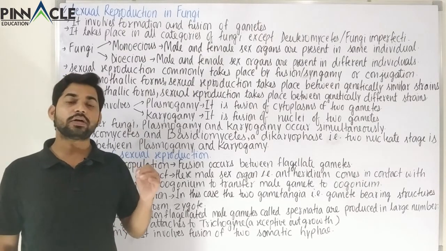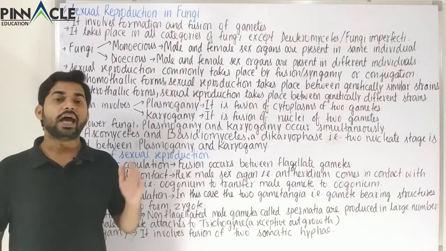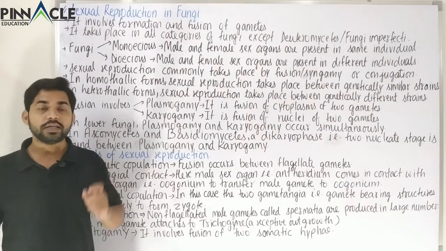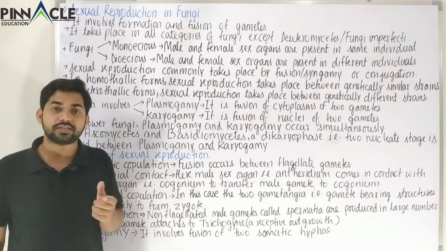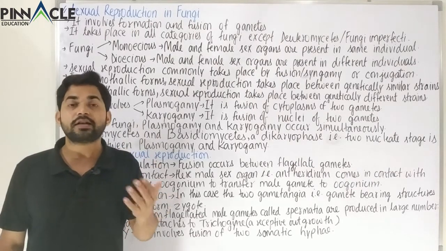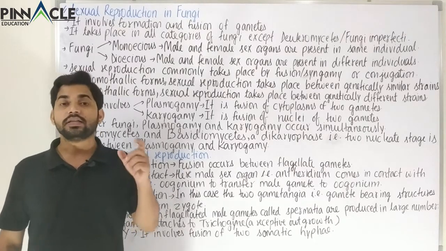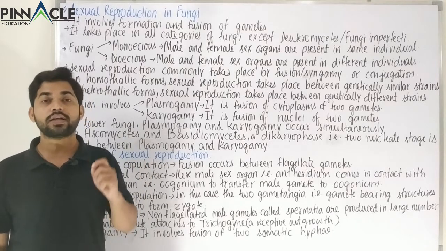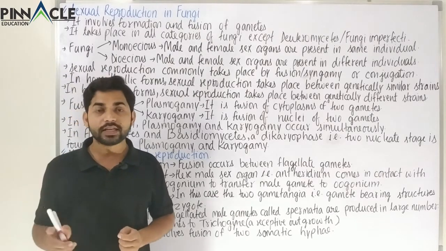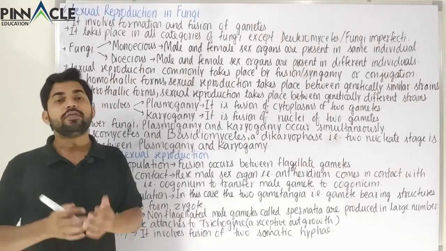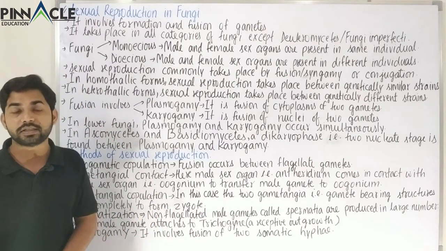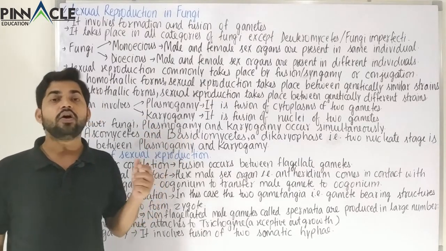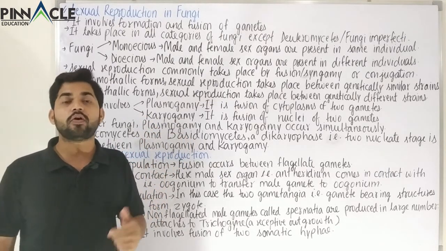Now a very important difference between those two methods and sexual reproduction is that here there is formation of gametes, that is the sex cells, the cells which will be directly participating in the formation of the zygote. So here there is formation of those sex cells or gametes, but in the case of asexual or vegetative reproduction we don't find any formation of gametes, and after that there will be something called fertilization, also called fusion of gametes.